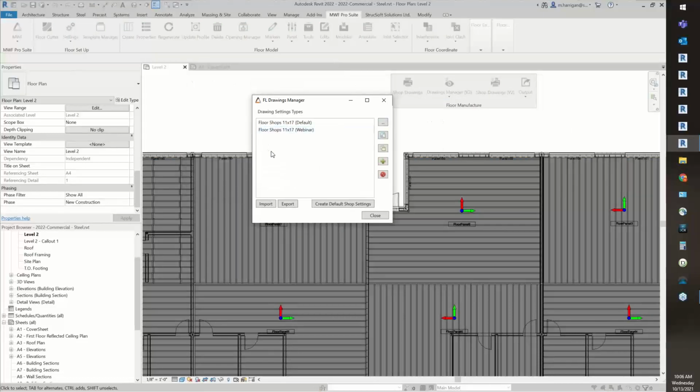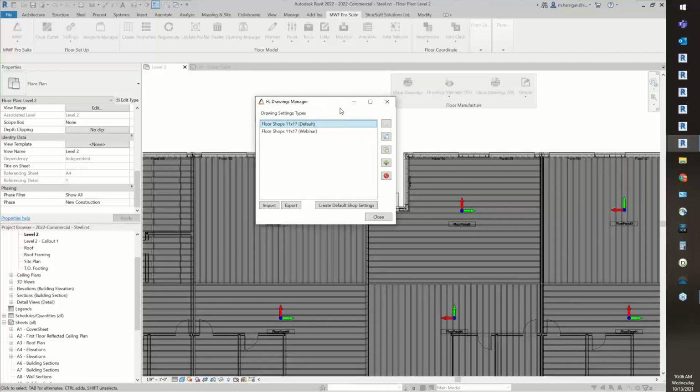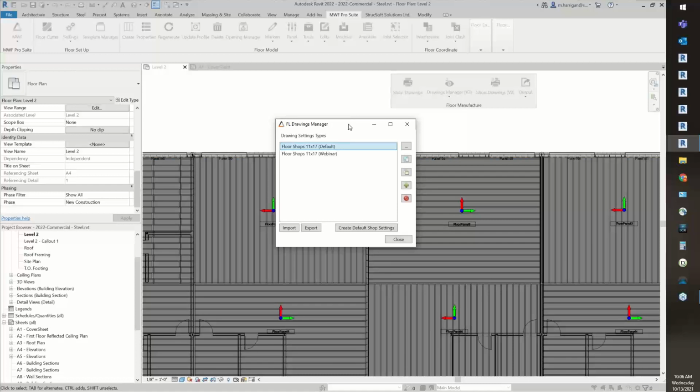And you can see in this case, I already have some drawing settings. I have one I've created for the webinar, and then you can see we do have this default. So when creating your own drawing settings, you need to keep in mind that it is project-based now. So if you are going to have custom drawing settings, you need to make sure you export and import